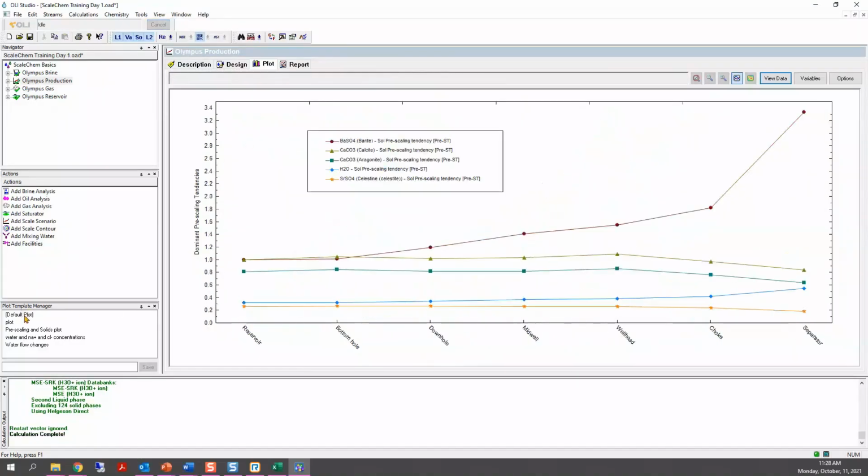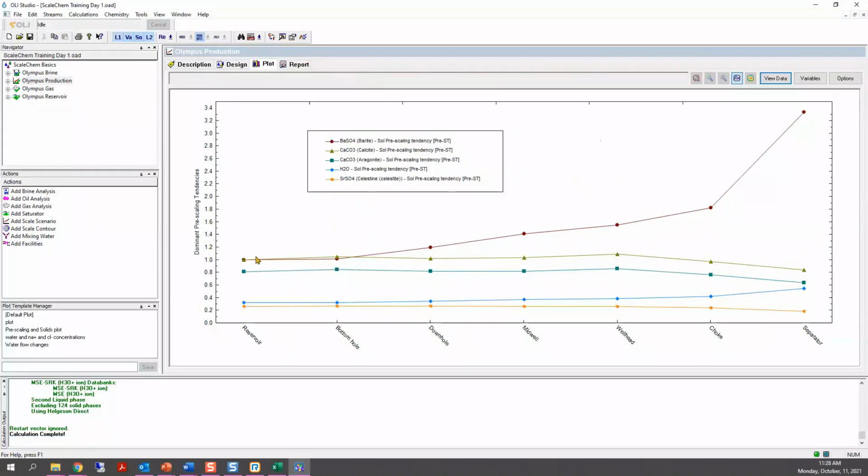Let me put the default plot here, the pre-scaling and solid plot from the plot template manager, so that everyone sees the same. It started at equilibrium, or saturated conditions, because we defined it that way.